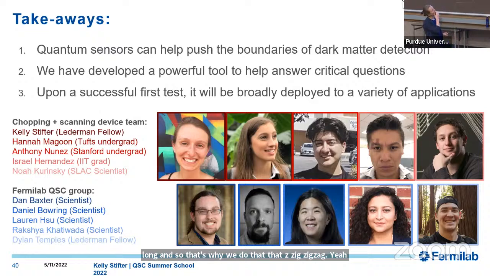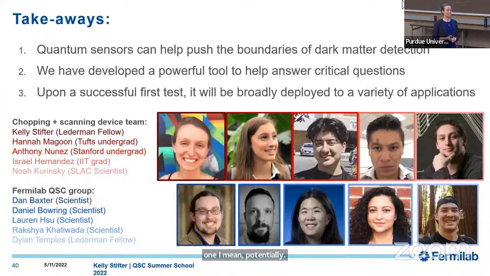Would arrays of these systems be suitable to enhance your sensitivity? I don't think I fully understand that question. We certainly are looking forward to deploying more than one. Potentially you could even deploy more than one in a fridge if you can fit them. But they should operate such that they don't introduce any parasitic backgrounds into other devices in your fridge. So you could run more than one at a time.